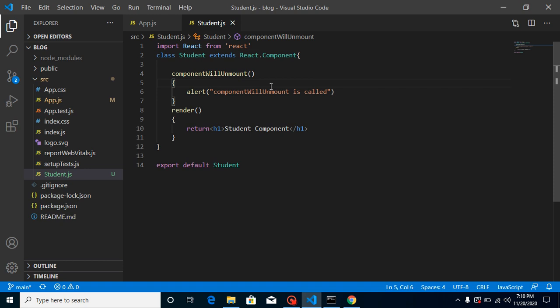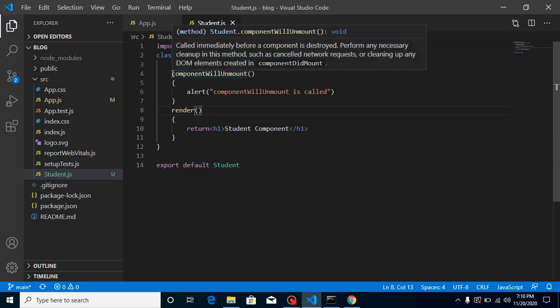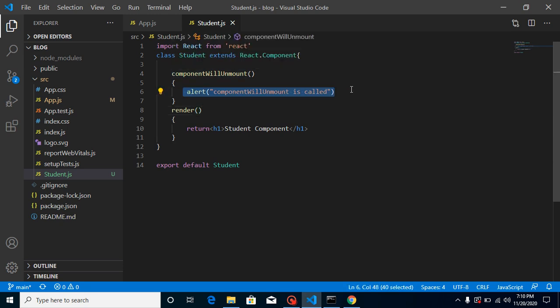All right, so what more can we do? You can call any function, you can perform any event here, whatever you want, right? Sometimes, let's say in my component I already called an API, but the API data is still being fetched, and I want to remove this component. At that time I can cancel my request, right? I can clear my old state here, I can clear my old setInterval here, right? I can even clear my old Redux data, which I don't need outside this component also, right? So there are lots of uses of this method.